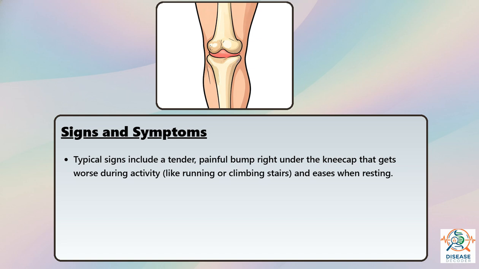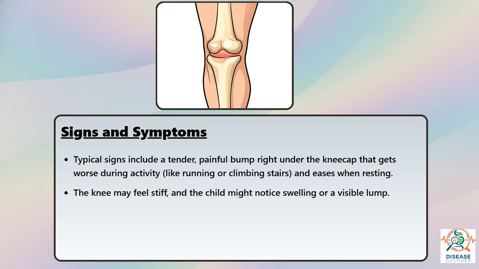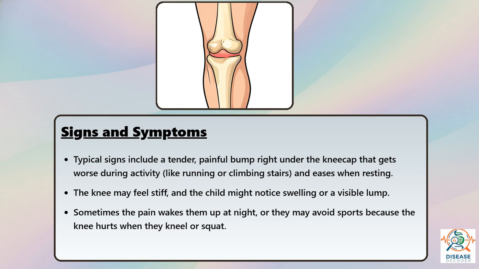Typical signs include a tender, painful bump right under the kneecap that gets worse during activity like running or climbing stairs, and eases when resting. The knee may feel stiff, and the child might notice swelling or a visible lump. Sometimes the pain wakes them up at night, or they may avoid sports because the knee hurts when they kneel